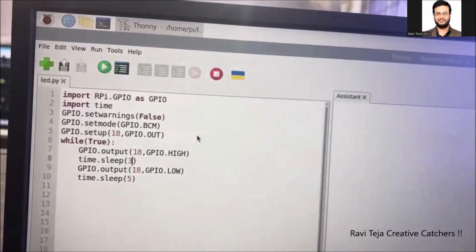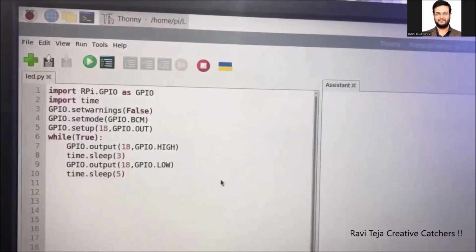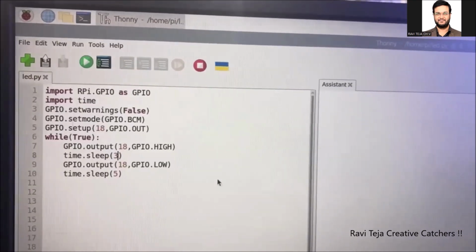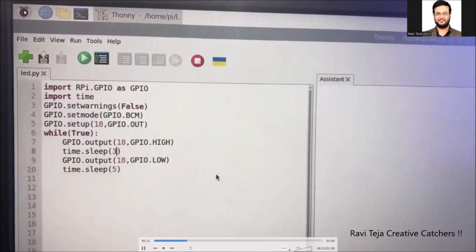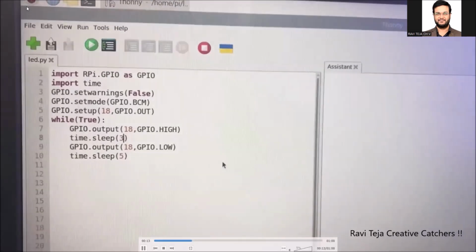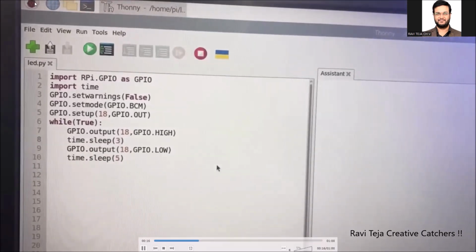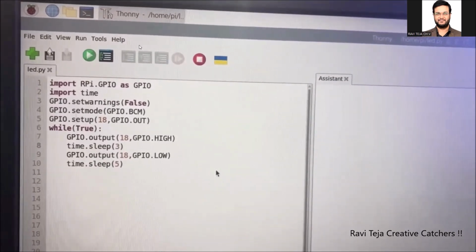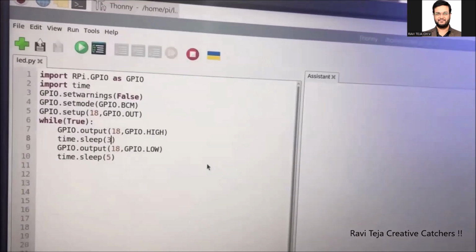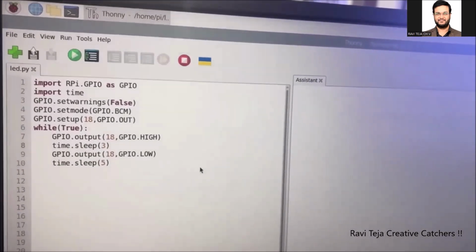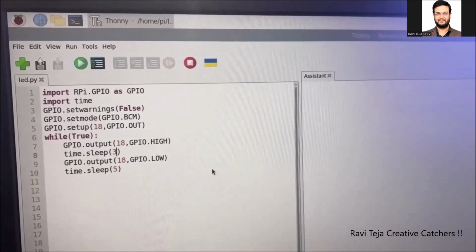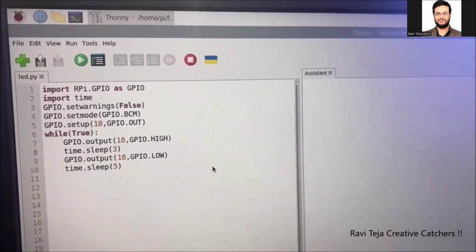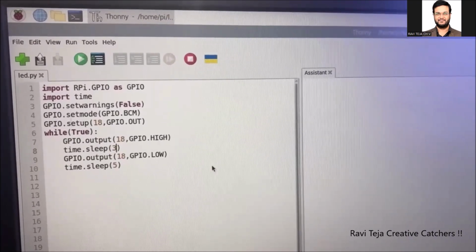So coming to the software part of the Raspberry Pi with respect to LED interfacing and buzzer interfacing, you need to click on this particular Raspberry Pi icon. In that icon, you will find programming. Through programming, you need to go for the Thonny IDE platform. This Thonny IDE platform will give you an editor where you can write the Raspberry Pi programming in